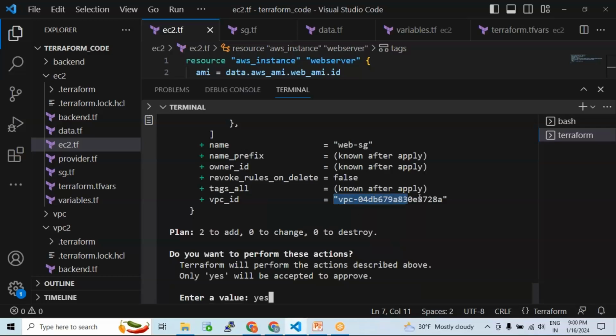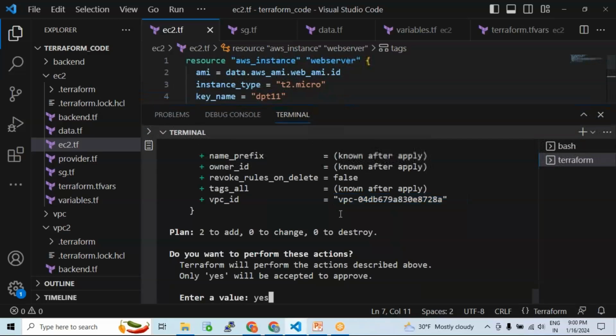It has already rendered the VPC ID for you automatically based on the data resource that I have taken. Okay, so I just hit enter. It will proceed and deploy the resources for you. In the same fashion, we can start writing the Terraform code for any resource that you like based on the requirement, guys. So with this information, whatever you have so far, try to do some practicing on Terraform